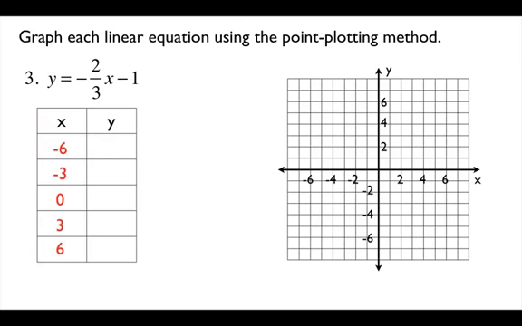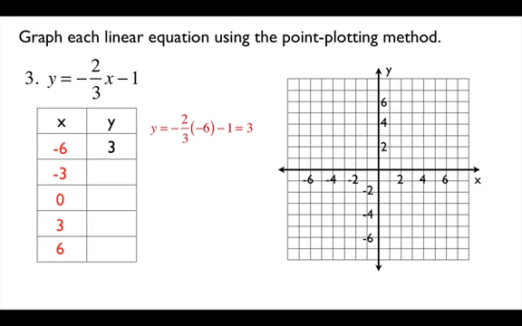And you're going to notice that all these numbers that you see here for the x values are multiples of 3. Why am I using multiples of 3? Because I'm basically going to have to multiply, and I'm going to be dividing by 3. So I want to pick numbers that are divisible by 3. Once I do that, it just makes the process of finding y a little bit easier. So from here,